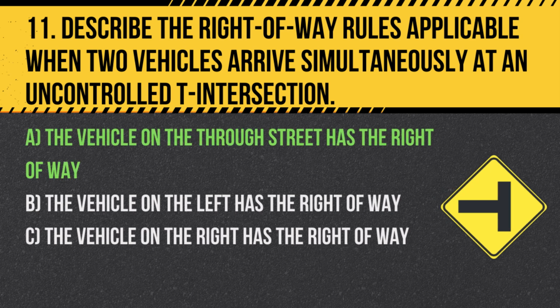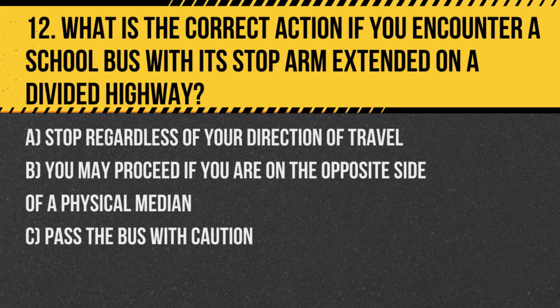Answer: A. The vehicle on the through street has the right-of-way. At an uncontrolled T intersection, the vehicle on the through street, continuing straight, has the right-of-way over the vehicle that is turning. Question 12. What is the correct action if you encounter a school bus with its stop arm extended